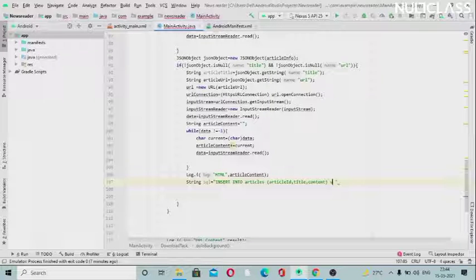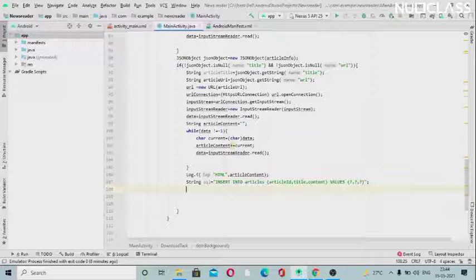Now we need to enter the values here. For that, the keyword we need to use is VALUES. Inside of that I will pass question marks. Why am I doing this? Because I don't know the values, I need to get them from the URL for which we have written a lot of code above. We will get it from there and fill that in. Just put a semicolon here.